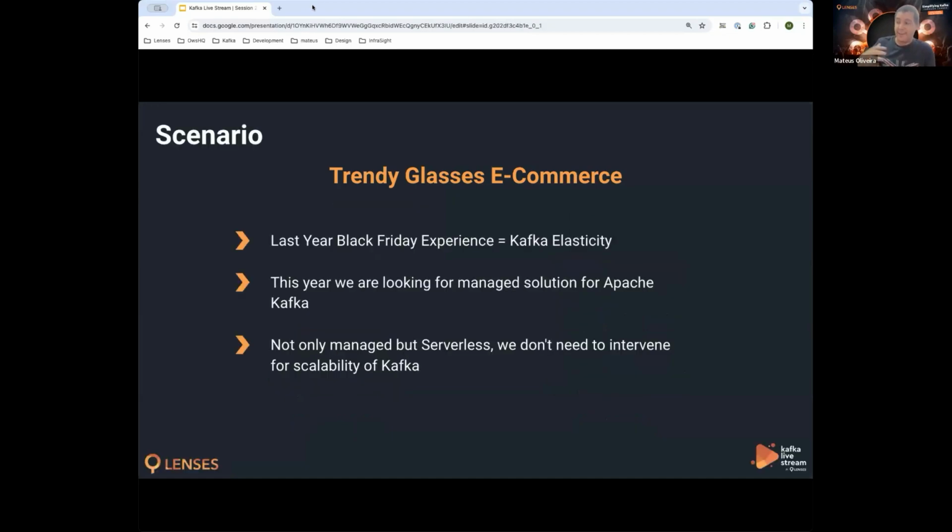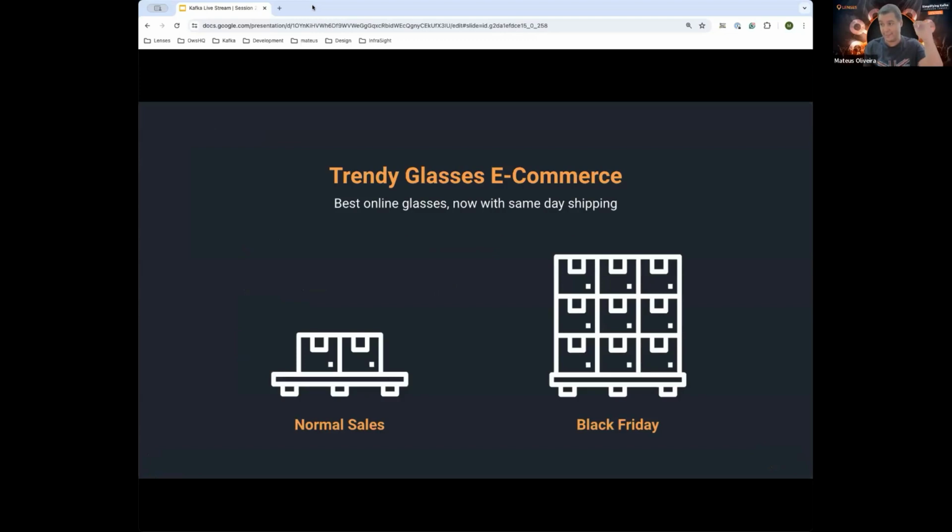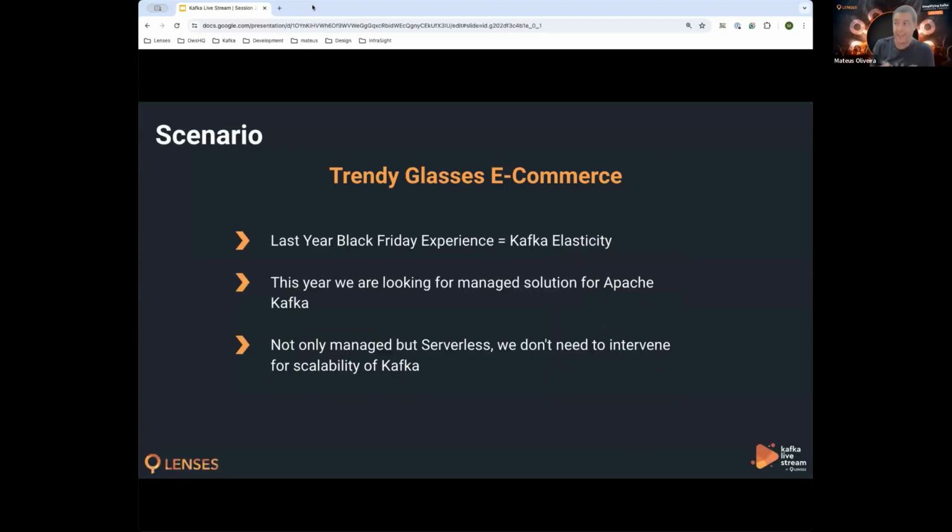But then last year was not good for us. I was in operations, supporting the glasses, and we had a lot of problems. We're going to delve into these, but we had to handle the capacity of all the Kafka clusters. The sales were going pretty well, so we had to increase the cluster. The cost paid off because it was a Black Friday spike, but then Black Friday is over, my sales go back down again, and then I have to do all the heavy lifting, crazy stuff on my Kafka that is on-prem,